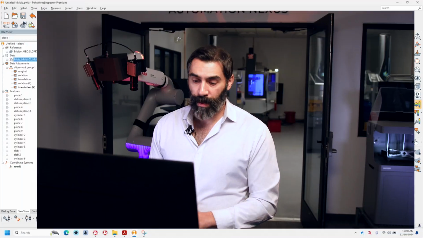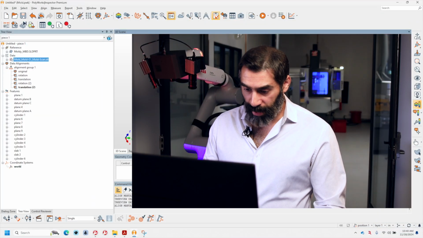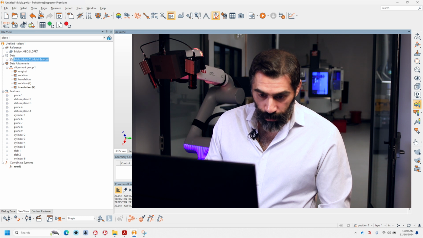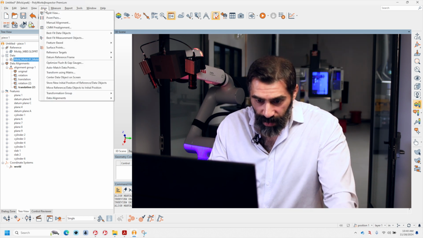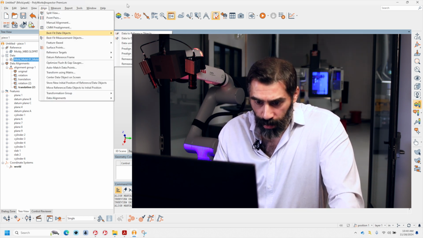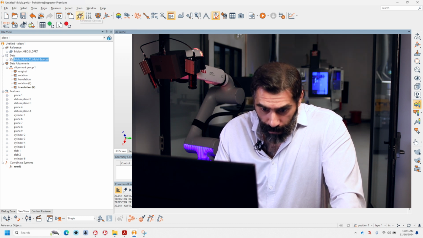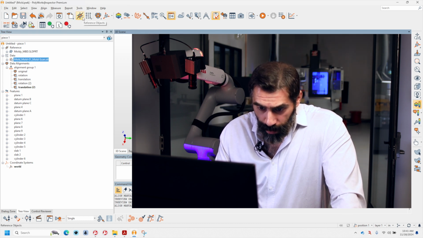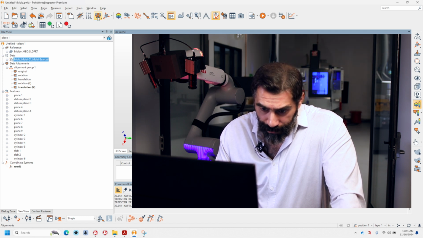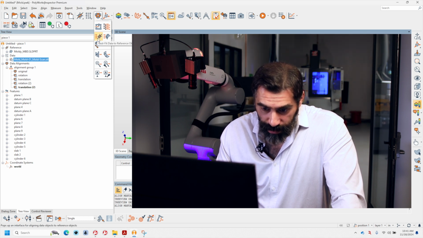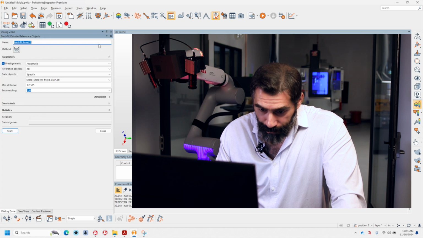Now that we have our pre-alignment set, the pre-alignment will get the scan data set close enough, and then the best fit alignment can then take over from there. At this point, we're going to set up the best fit alignment. To do that, we can go down to Align, and we can go to Best Fit Objects, or up here in our ribbon bar, we can go to the Alignments button, drop that down, and we have a Best Fit Data to Reference Objects icon. If we click on that,